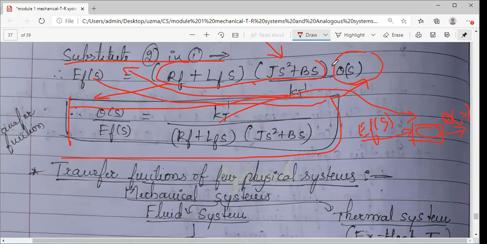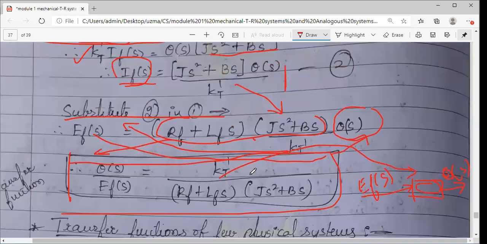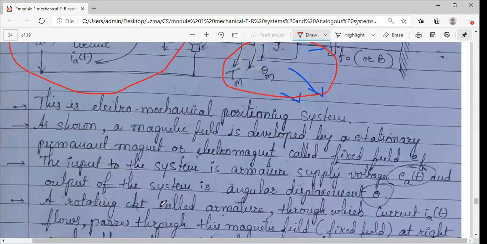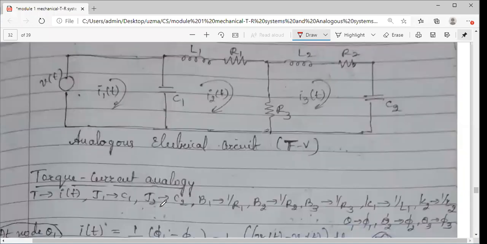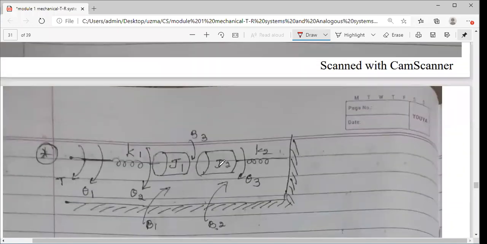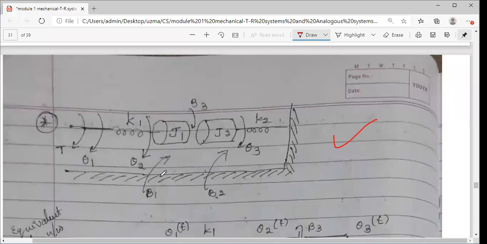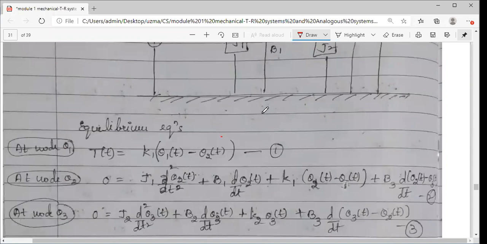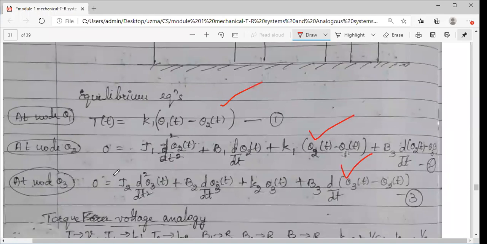So let us not avoid that, because in general terms, if you want to find a transfer function, the problems I have solved are of a very simple kind. And you know, it could be an analogous system, or what we initially found. See, if this is the question given to you and you want to find the transfer function for this, you can do it. Because if you get the equilibrium equations, and you know how to find them, further if you apply the Laplace transform, you can find the transfer function for any mechanical system given. Let it be rotational, let it be translational, whatever it may be.